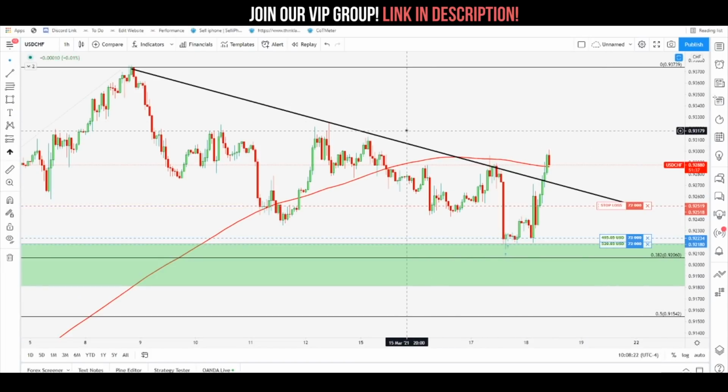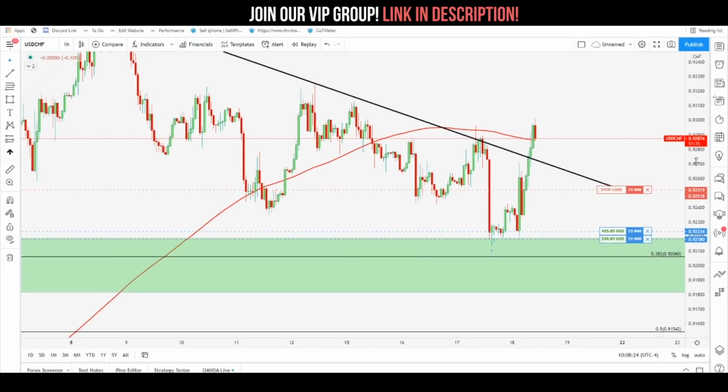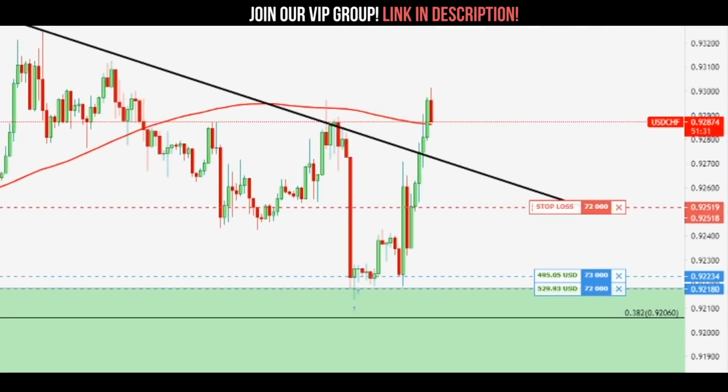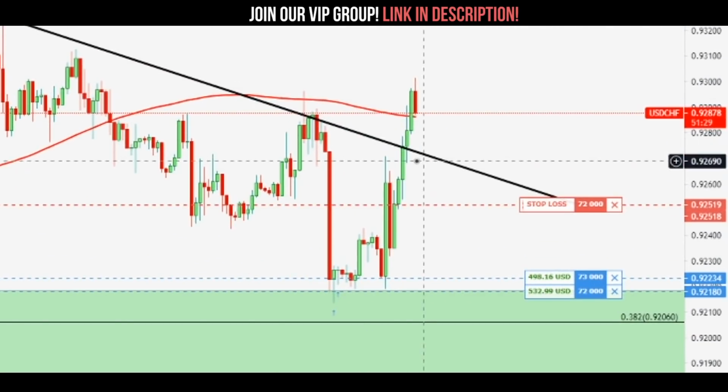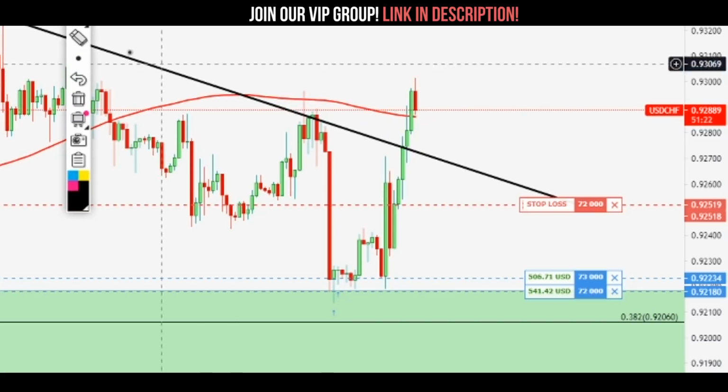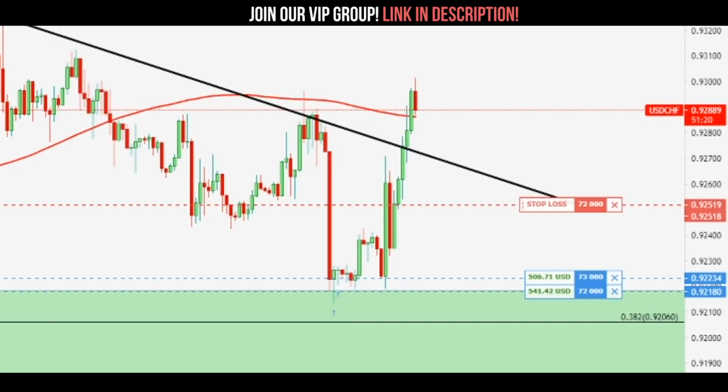All right, guys, so I've actually moved my stop up here, locking in a little bit of the trade. We did get a real nice breakout through this high that we had been watching. You can see price had a little bit of hesitation before breaking right through that. So happy with how dollar Swiss is moving so far. I've gone ahead and moved both of my trade stop losses right up to this